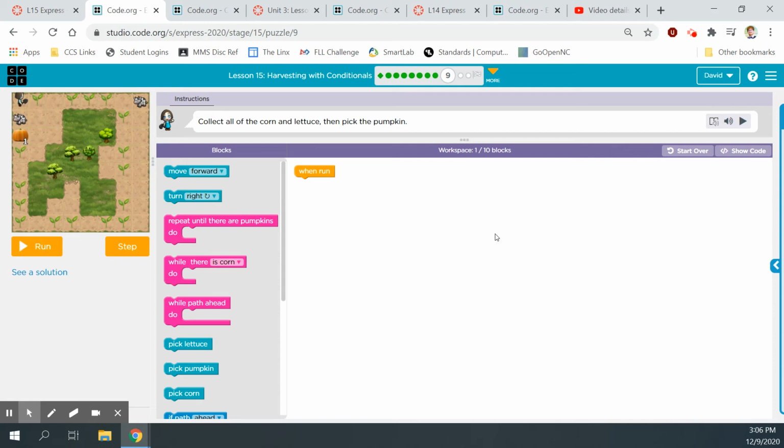This one's kind of similar to the last one. Corn and lettuce, then pick up the pumpkin. So let's see. I'm going to set it up pretty much the same way I did the last one because she's turning right even. Okay, so